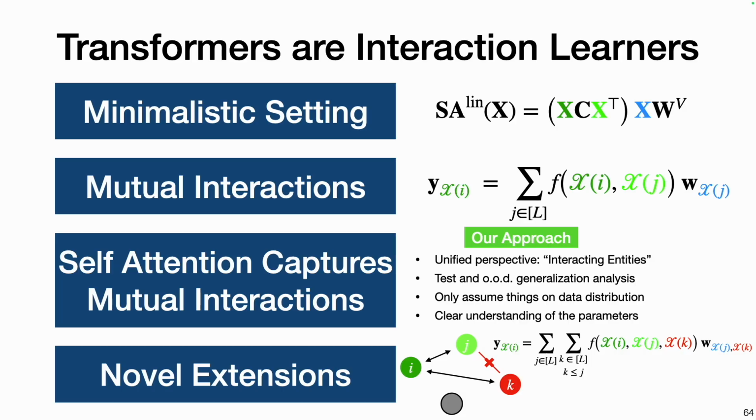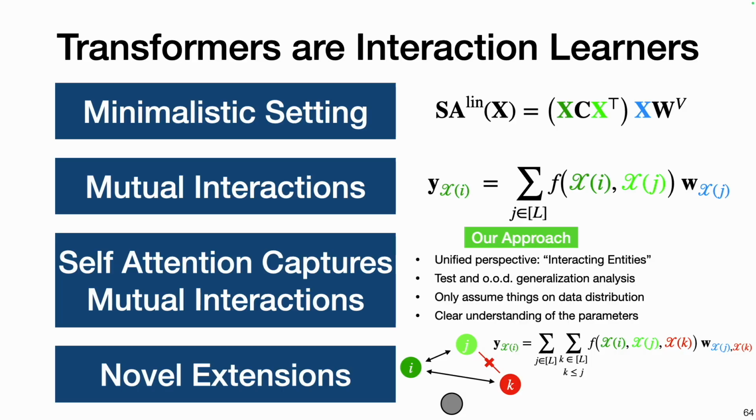Then we showed that self-attention can represent mutual interactions, gradient flow converges to zero training error, and unusual to the literature, we had test and out of distribution generalization theories too. Also in our theories, we simply assumed that training data is versatile and nothing more. Later, we validated these theories with a simple experiment and provided a clear understanding of the parameters. And all of these provide a unified perspective to the question of why transformers are so good and versatile that we see them in every domain.